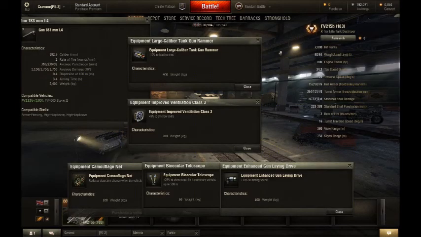Now, it's got a 30 or so second reload, so you're going to be wanting to take a large shell rammer to reduce the reload time. You're also going to want to take vents because it also reduces the reload time. And then you've got a choice. Now, I would recommend taking the enhanced gun laying drive. However, if you're going to be using it as a proper TD, like sniping, your best bet's probably binos or camo net. Bear in mind this tank has terrible camo rating, so a camo net might not be that useful,